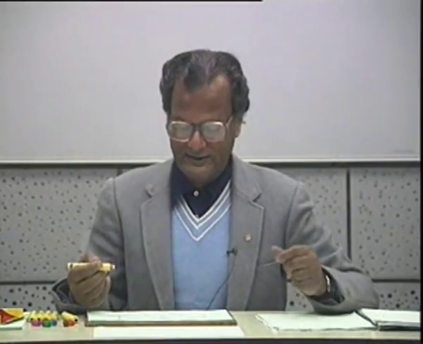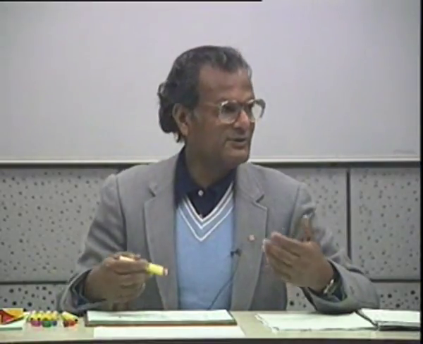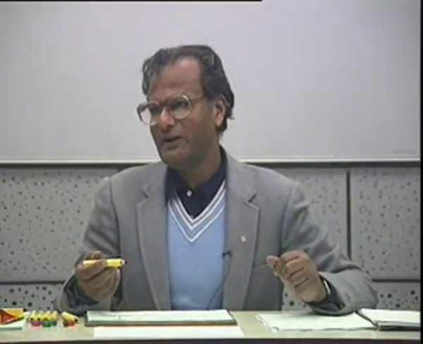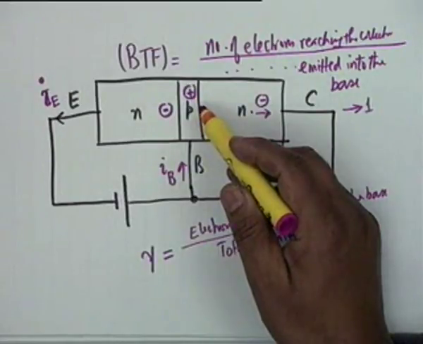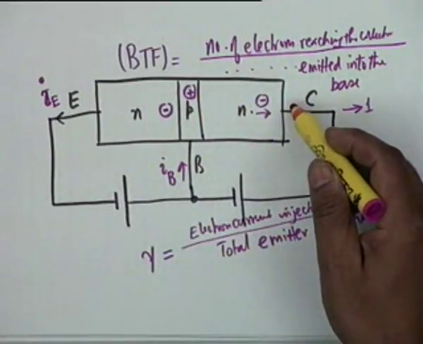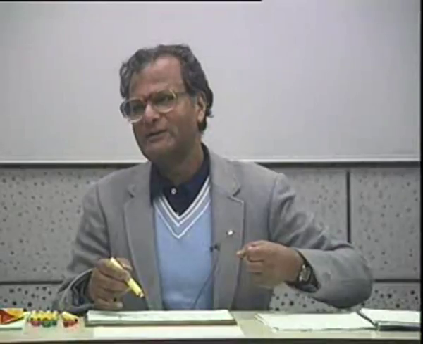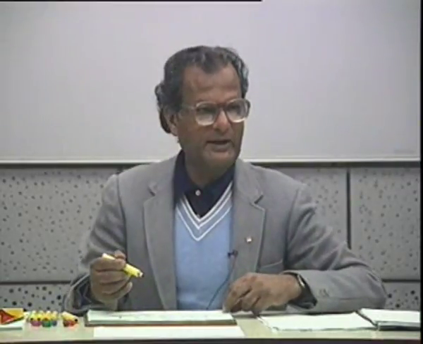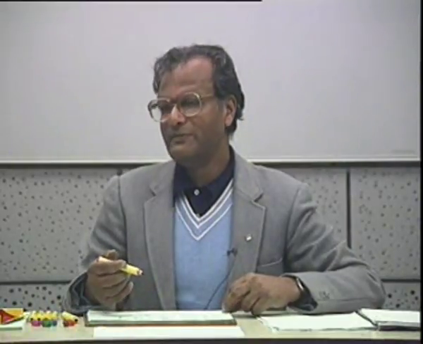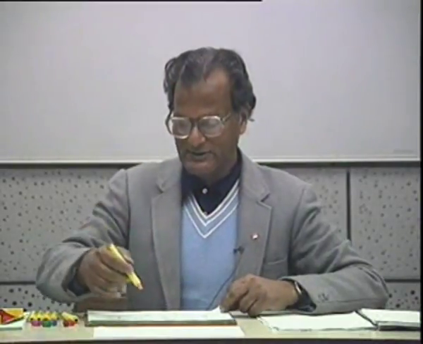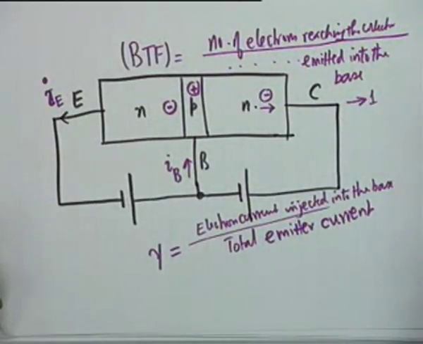The reason being that the time that these electrons get to recombine with holes is very little. Very little time is available, because they have to respond to the call of the positive potential of the collector. All right. So they are forced. It's like a flood which crosses this barrier. Some of them are left behind to be eaten up by the holes in the form of a base current. So this base transport factor is also approximately equal to 1.